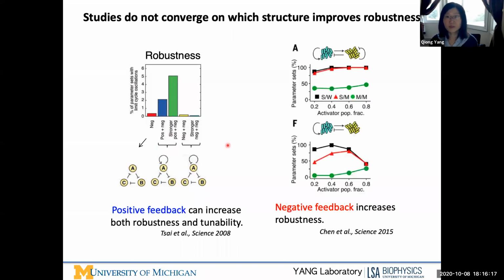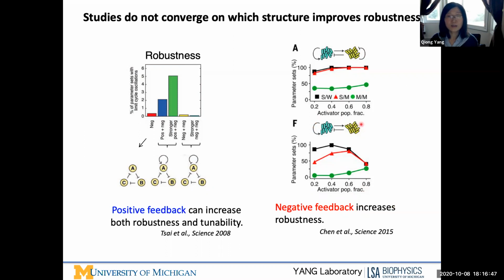But this view seems to be different in a more recent study. This is an experimental work. And what they have here is, again, they synthesized a network, but using E. coli cells. So what you see here, the green E. coli cells are the activator bacteria, and they can not only activate themselves, but also activate other bacteria species, which is in